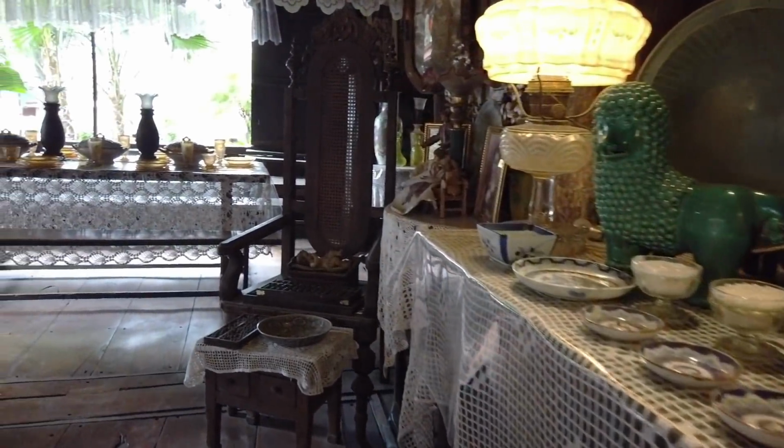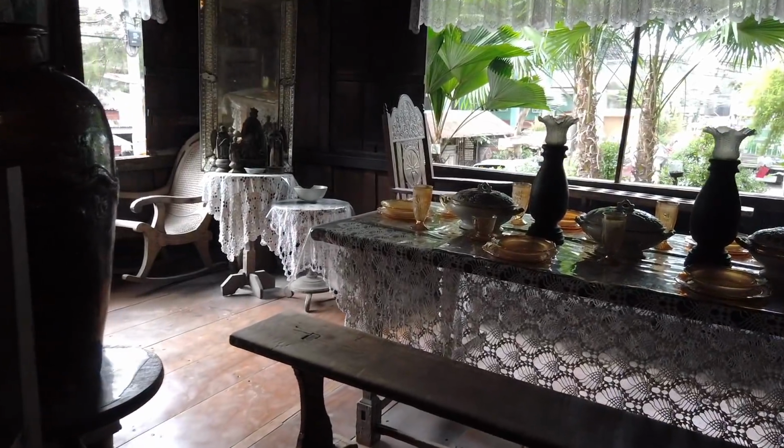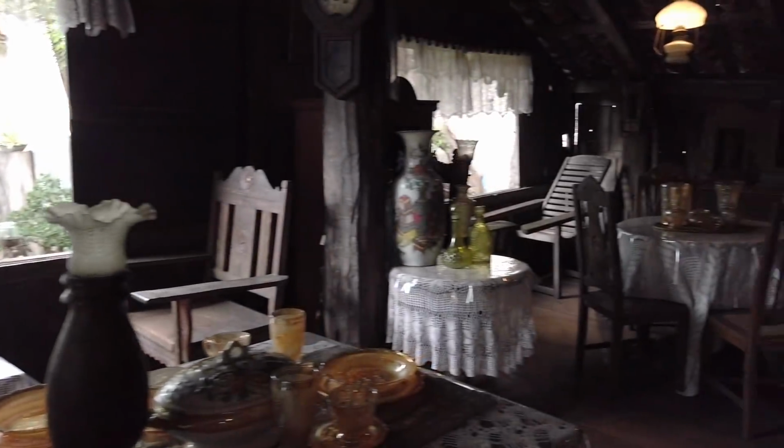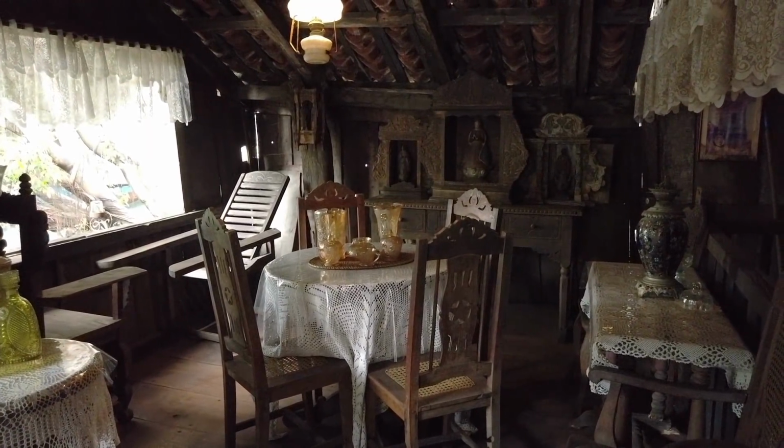And then another entertaining area. So you can see that the family likes entertaining because they got a lot of dining area. If you look at it, this is really how the old people used to have. Look at their...